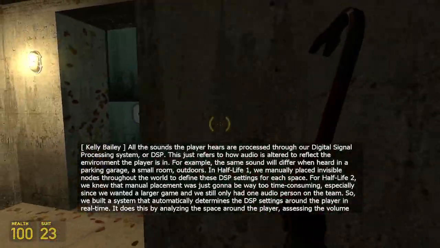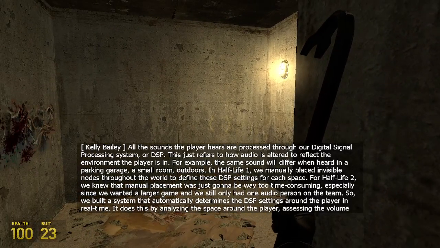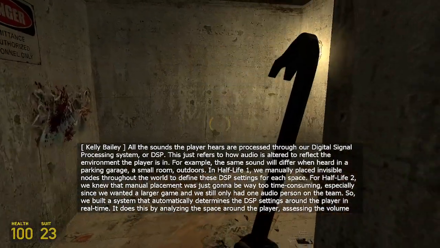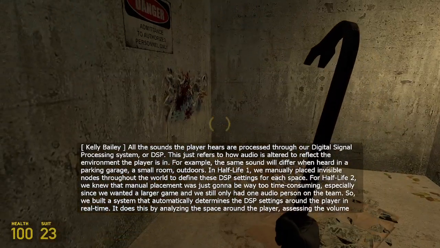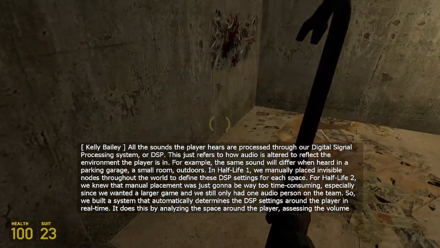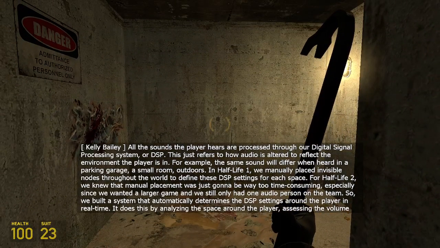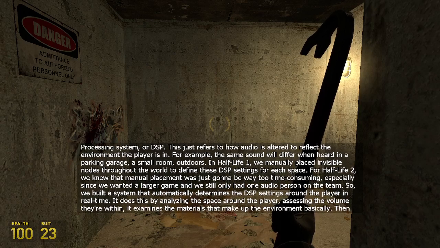Automating DSP. All the sounds the player hears are processed through our digital signal processing system, or DSP. And this just refers to how audio is altered to reflect the environment the player is in. For example, the same sound will differ when heard in a parking garage, a small room, outdoors. In Half-Life 1, we manually placed invisible nodes throughout the world to define these DSP settings